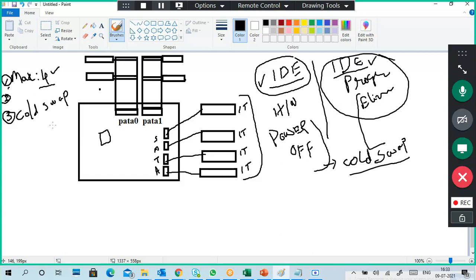Guys, I have to ask a question. When you connect a pen drive, a normal pen drive or an external hard disk, USB hard disk, are you going to shut down your PC to connect it? Or for removing it? You want to remove your pen drive, are you going to shut down your PC, then only remove it? Or do you directly eject it and remove it? Yeah?